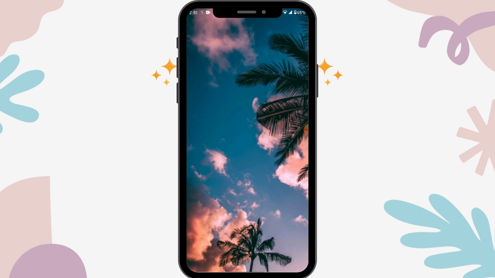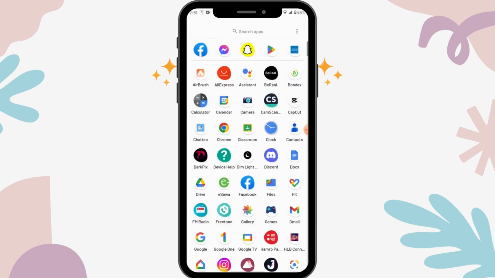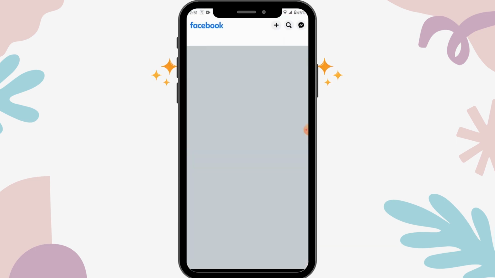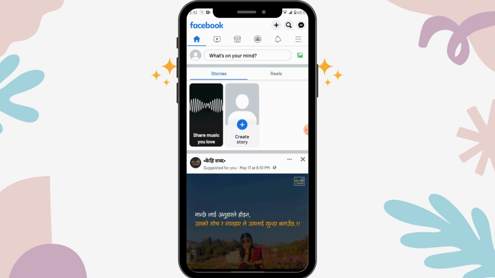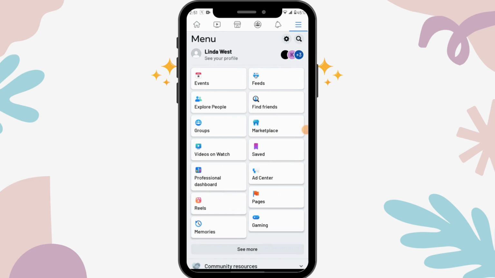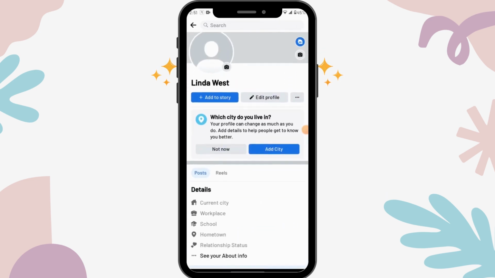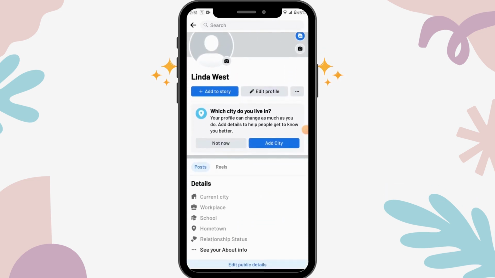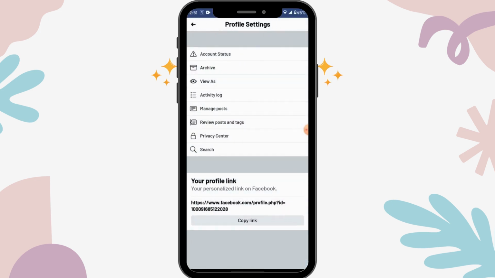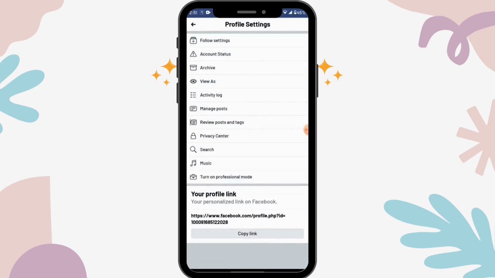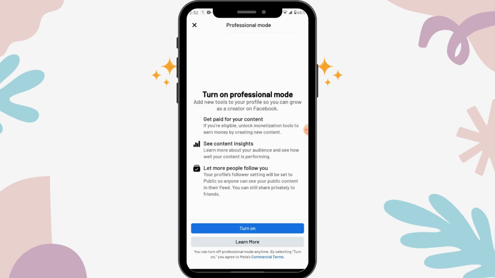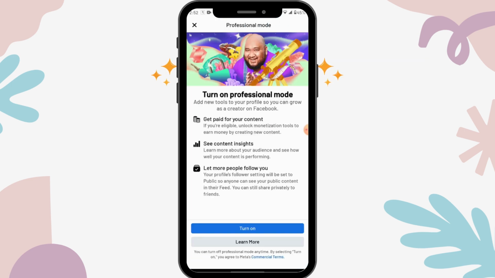So to switch on the professional mode, all you have to do is first of all open up your Facebook app, and then on the upper right corner you will have the three barred icon. Tap on that three bars, and now tap on your profile, and here you will have a three dots icon right beside edit profile. Tap on that, and you will have a turn on professional mode option on the bottom. Tap on that, and here tap on turn on,